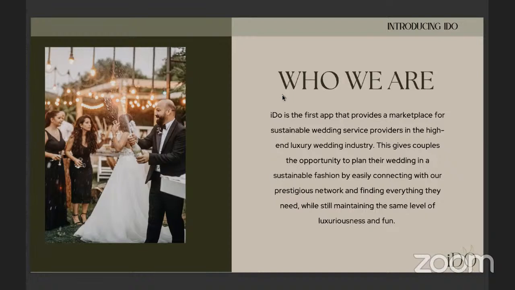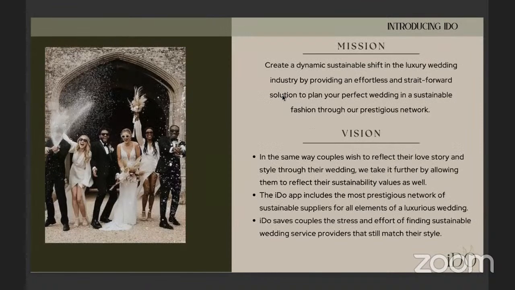I Do is the first app that provides a marketplace for sustainable wedding service providers and wedding planners in the high-end luxury wedding industry. It gives the couples the possibility to plan their wedding of their dreams in sustainable and luxurious fashion by easily connecting with a network of wedding providers and planners. Our mission is to create a dynamic shift in the luxury wedding industry towards sustainability.